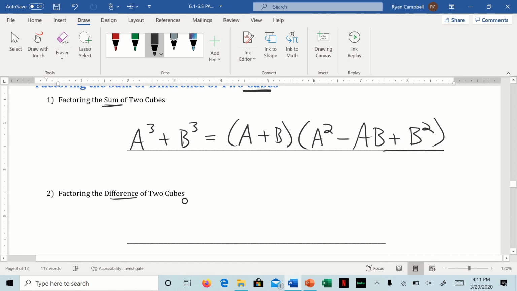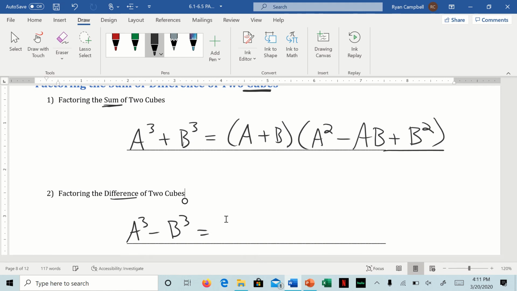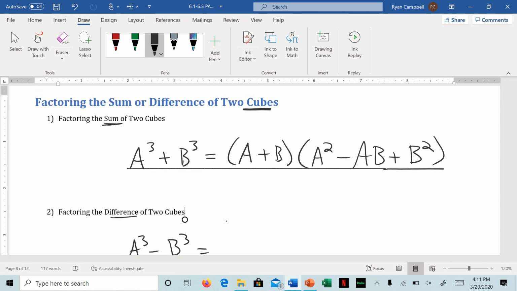If it's the difference, that means subtracting. So we get a cubed minus b cubed equals, so it'll be,